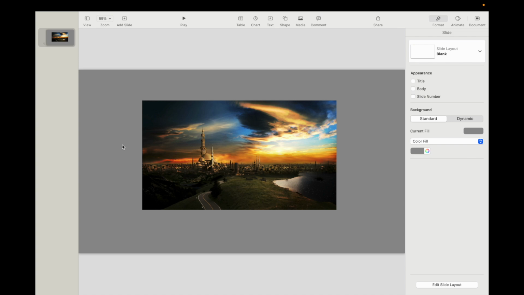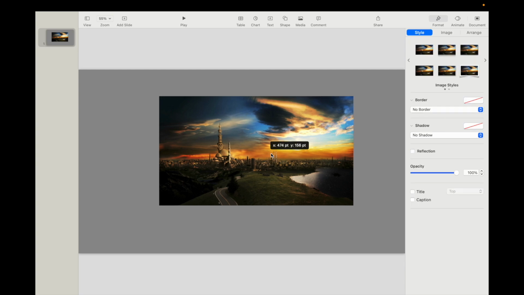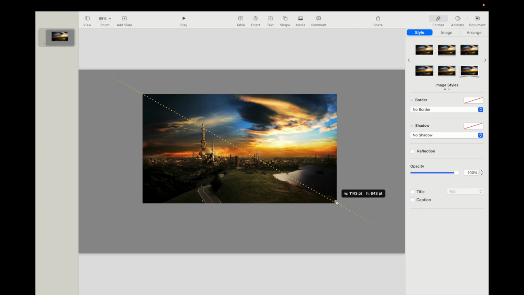So in this Keynote tutorial video, I am going to be showing you guys how to add shadow to an image here on a Keynote presentation. So once Keynote's opened up and you have your image that you want to add shadow to, the simplest way